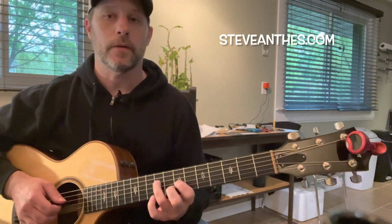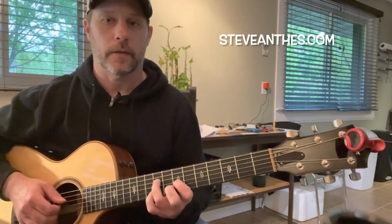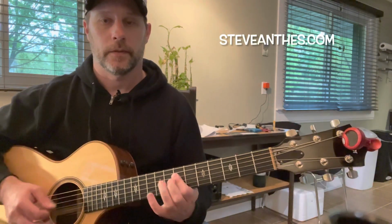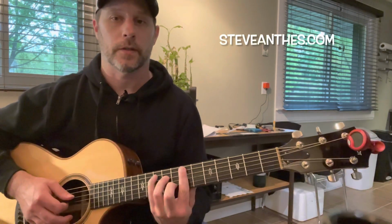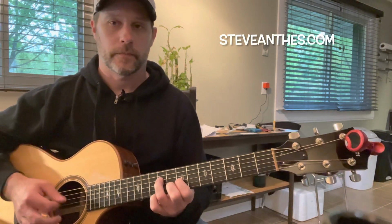And you notice how I individually play these things. I don't bar and then do it again, because then I have fingers free. I have fingers free to be able to do other things. That's why I really encourage my students when they're learning these to not just play the full shapes. Okay? And I got B7